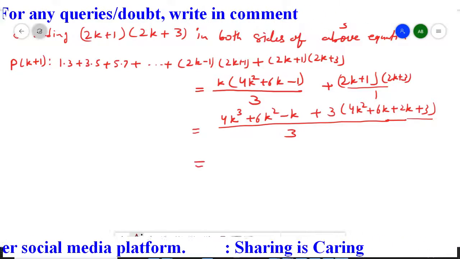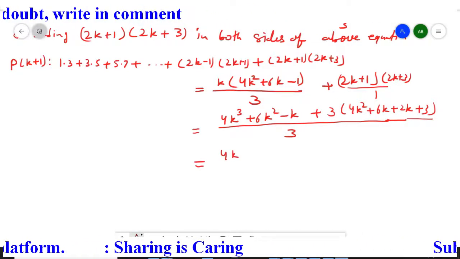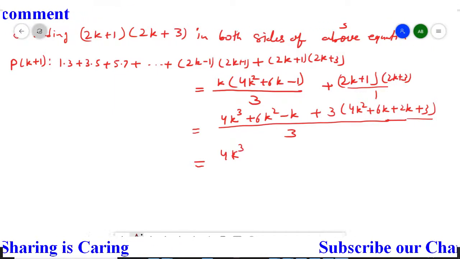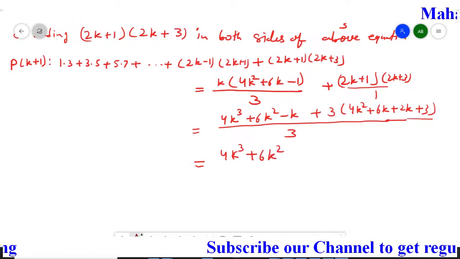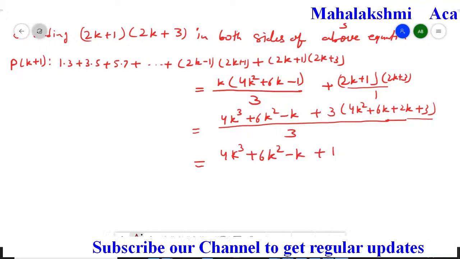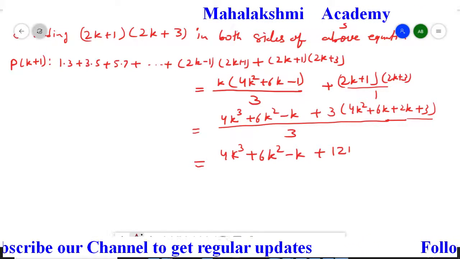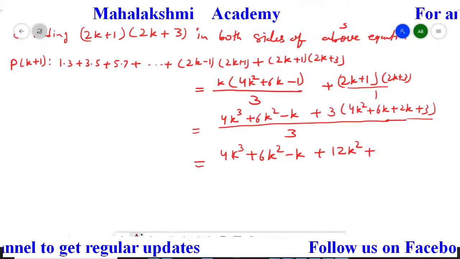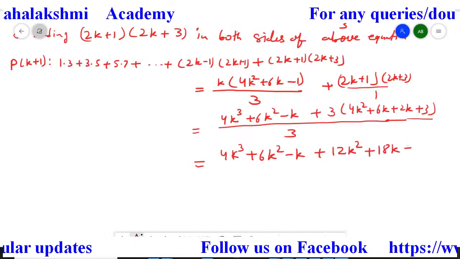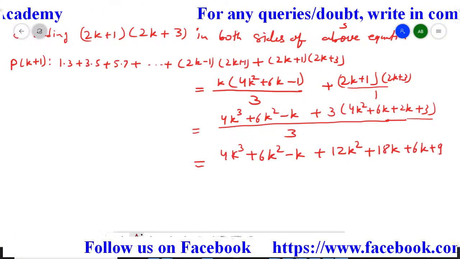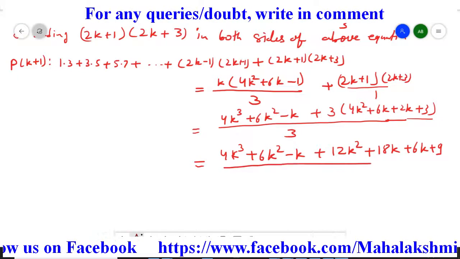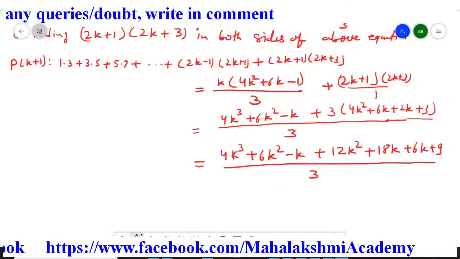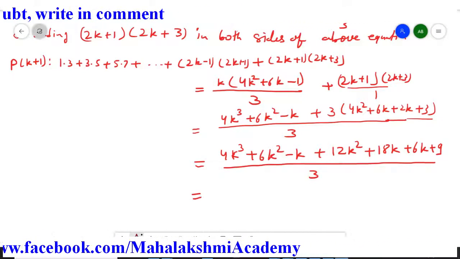Further when we simplify, we are going to get here 4k cube plus 6k square minus k plus 12k square plus 18k plus 6k plus 9, all divided by 3. Further when we solve this, it will appear like this: